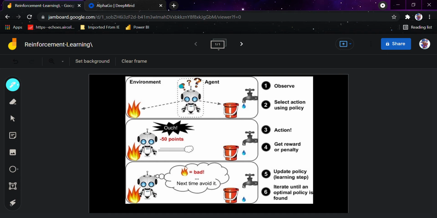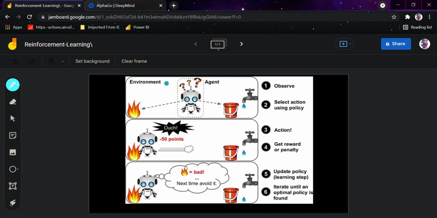In this example, you can see this robot is an agent, and it can observe the environment, select and perform actions, and get rewards in return. This is the environment, this whole thing is the environment. After this, it must learn by itself the best strategy, called a policy, to get the most reward over time.